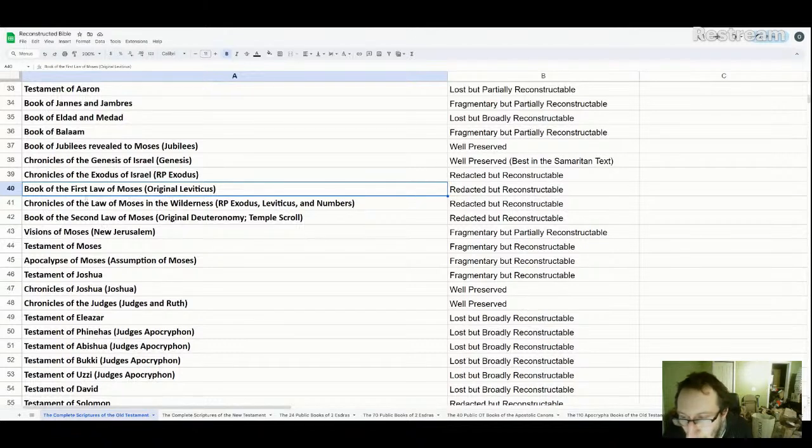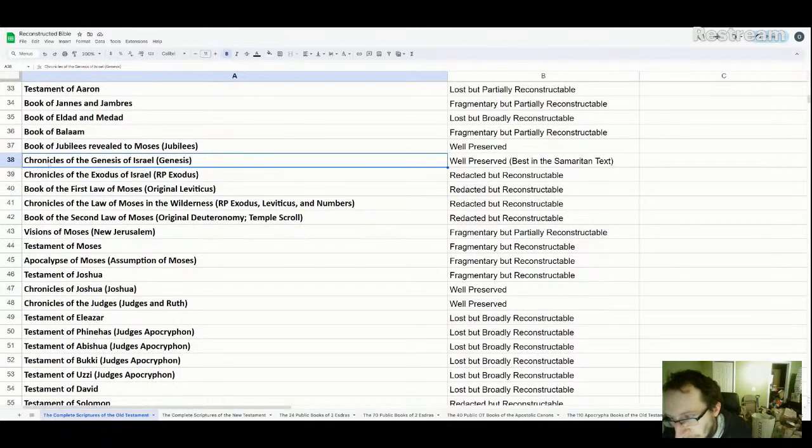Then we have here the Chronicles. So I call it the Chronicles. Chronicles of the Genesis of Israel. Not the book of Genesis, but the Chronicles of the Genesis of Israel. The Chronicles of the Exodus of Israel. And then the book of Numbers, instead of Numbers, I call it the Chronicles of the Law of Moses in the Wilderness. So I start that with chapter 35 of Exodus,